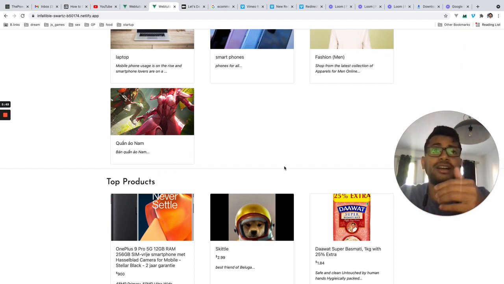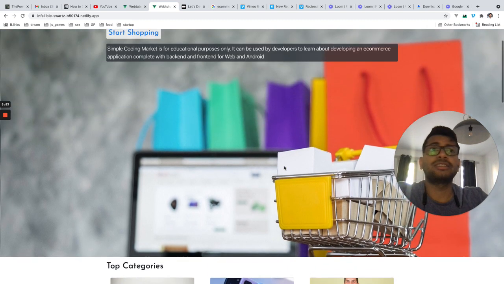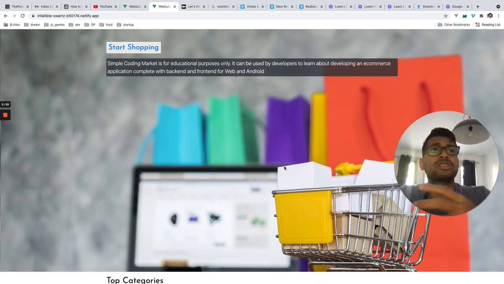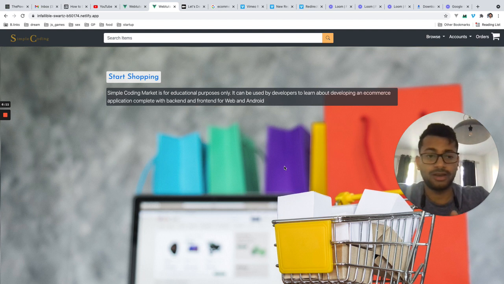And after that, we'll start building the accounts, the wish list, the orders, the Stripe payment checkout. So it's a full tutorial. So you will learn how things work from scratch. And yeah, let's get started.